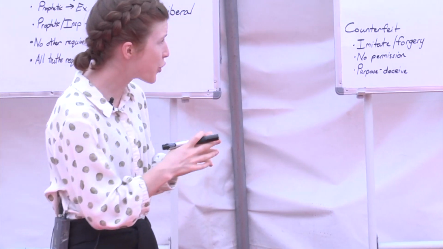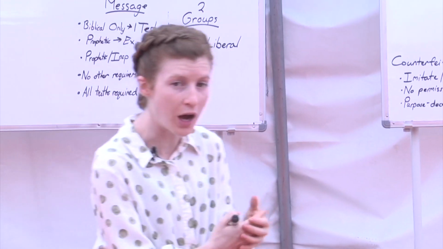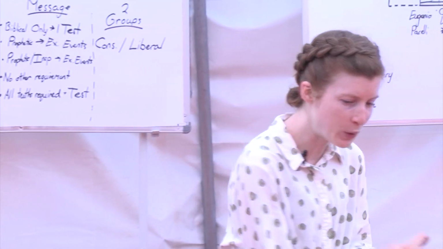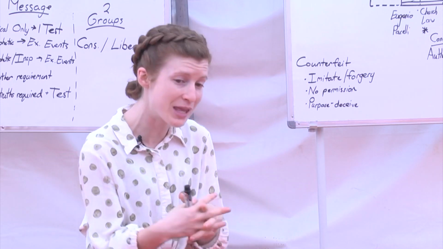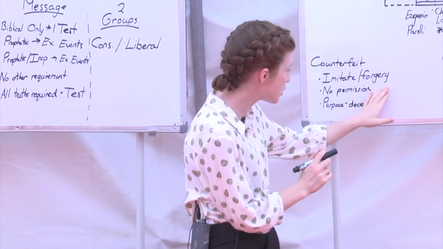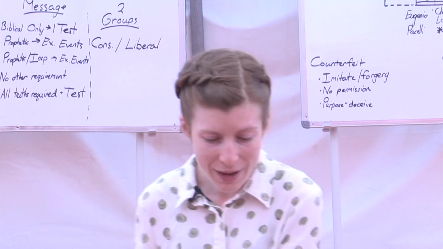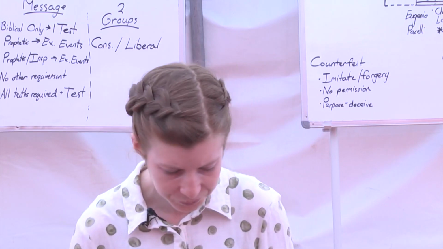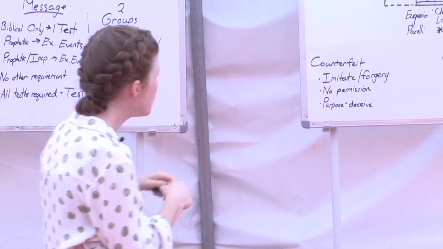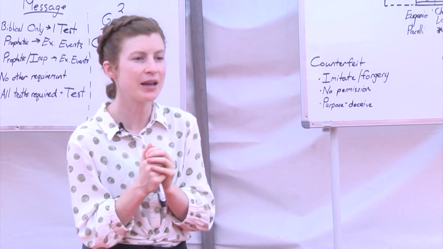So Satan works through counterfeiting the work of God. This is to imitate the work of God, as God deals with both his own people and the world. Satan counterfeits that with how he deals with his own people and the world. He does not have permission to do this, and the purpose is for deception, to take what rightfully belongs to God to himself. And to understand the counterfeit from the true, we need to have a working knowledge of both. Are we all okay with that?